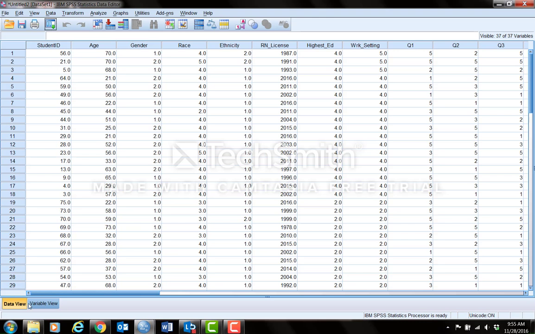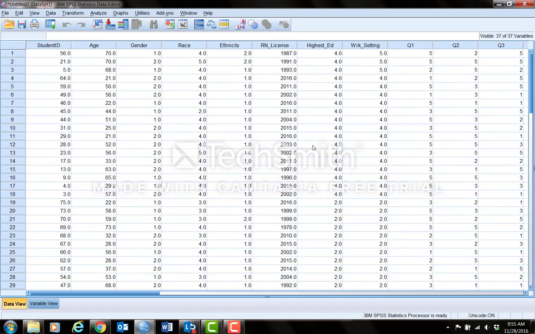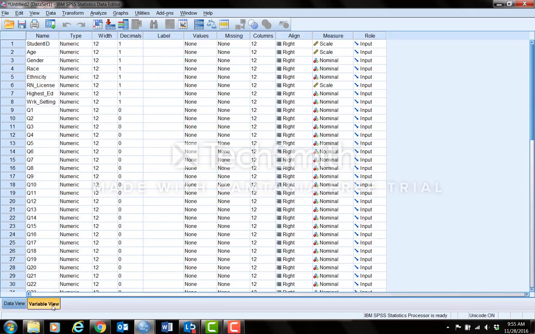All right, now that's my variable view. Right here, this is data view, excuse me, that's data view. This is all the data I have entered, but I need variable view. Now this is where we have to tell SPSS what we mean by things. So for student ID,